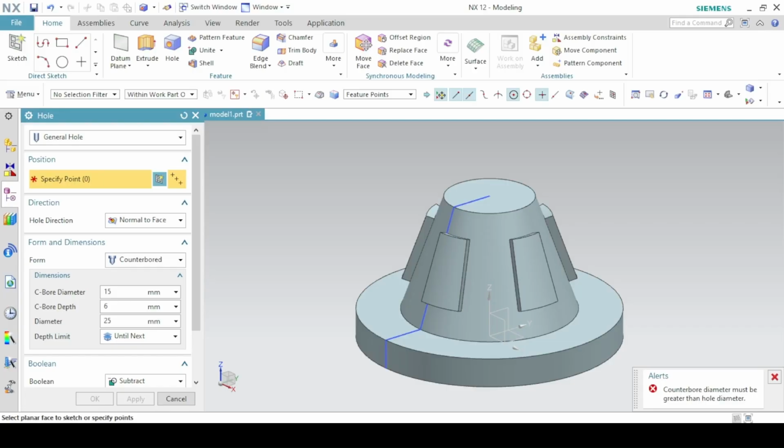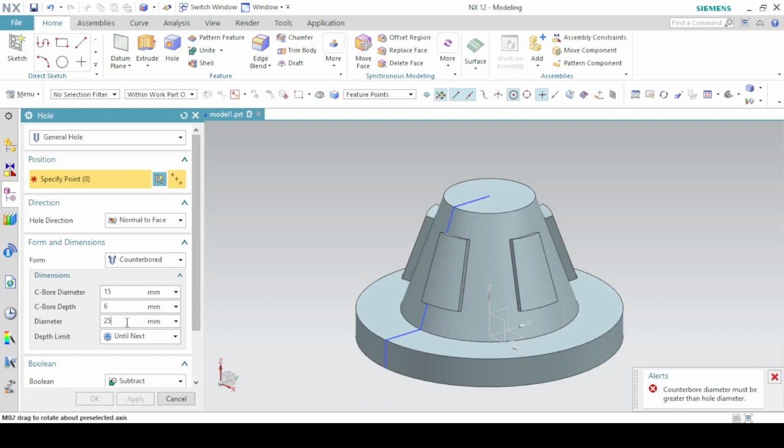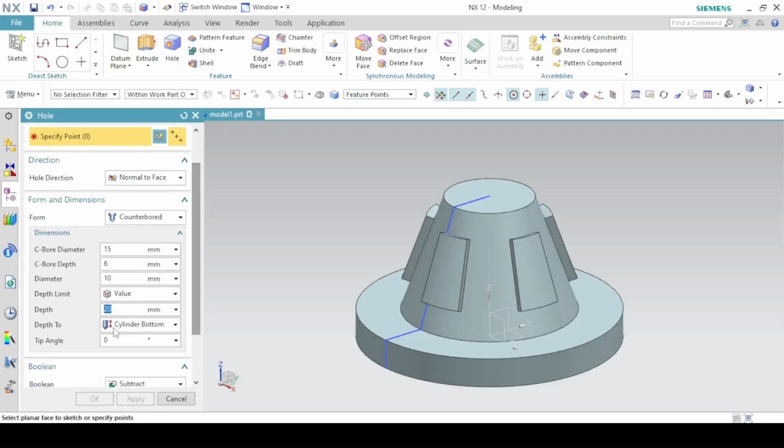The hole diameter is 10 and the hole depth 20. Now the depth limit, set it to value, and then the depth of 20 millimeters. The depth to the cylinder bottom and the tip angle should be 0 because we don't want any tip angle